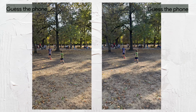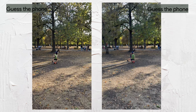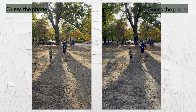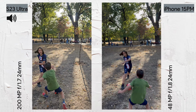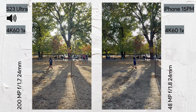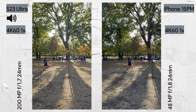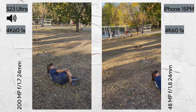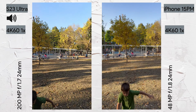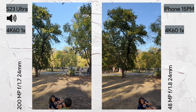Testing 4K 60 FPS on the iPhone 15 Pro Max and the Samsung Galaxy S23 Ultra. Brand new 48 megapixel camera, and you know the story with the Samsung camera, guys. Now forget about the numbers and the specs, just enjoy this video and let me know what you think down below in the comments. So I'm able to show some sky, some very nice yellow colors, trees, green, and of